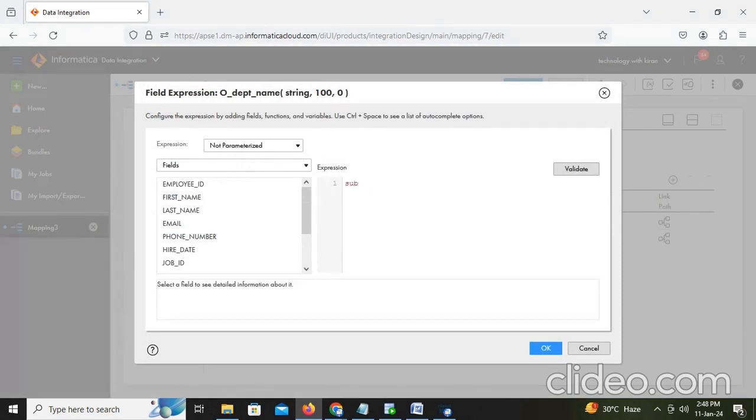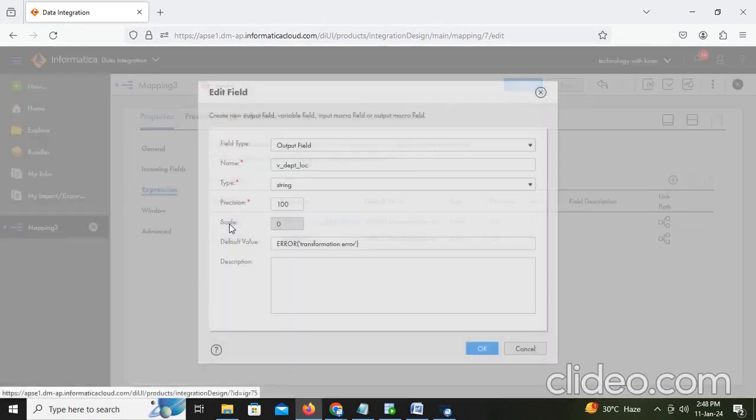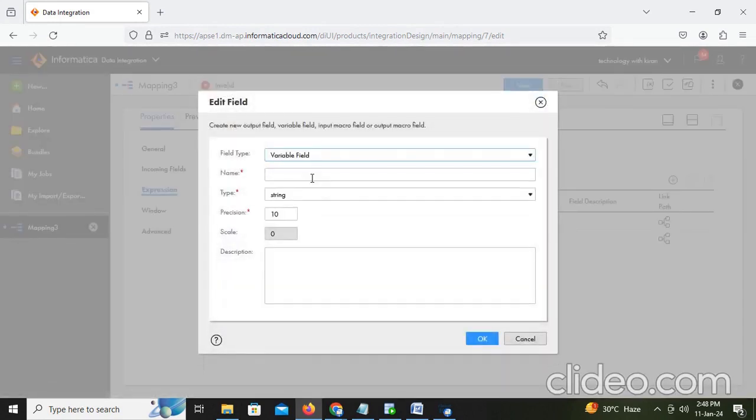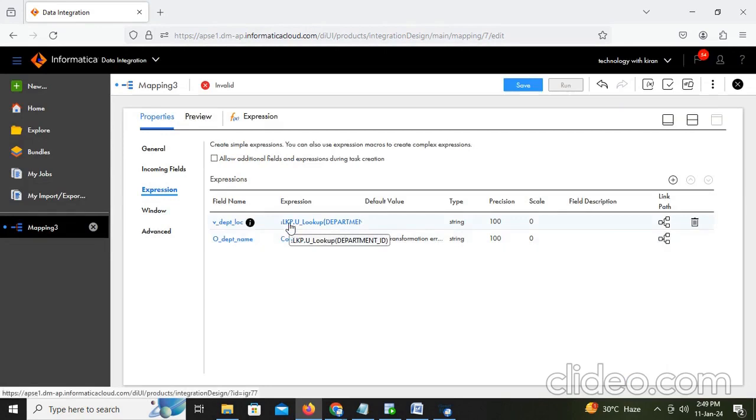We get the substring, okay, from, it is not showing. Why is it not showing? Anybody guess? The field is whatever we created, v_department_location. It is not showing. I got it because I am taking it as an output field. It is a variable field I have to take, but unfortunately I took an output field. That's why it is not showing there. We have to get the information into a variable field, and with that variable field we have to extract. Okay,